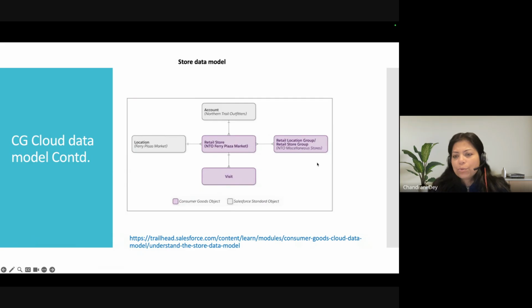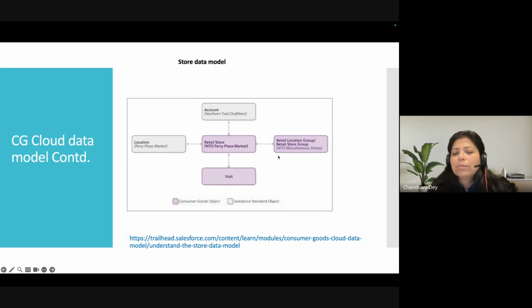Is it a superstore group, or is it a booth, or is it a medium kind of store that you run in the small cities, like kirana stores or off license stores? So all these kinds of grouping you can also do depending on the business, what kind of stores they run.